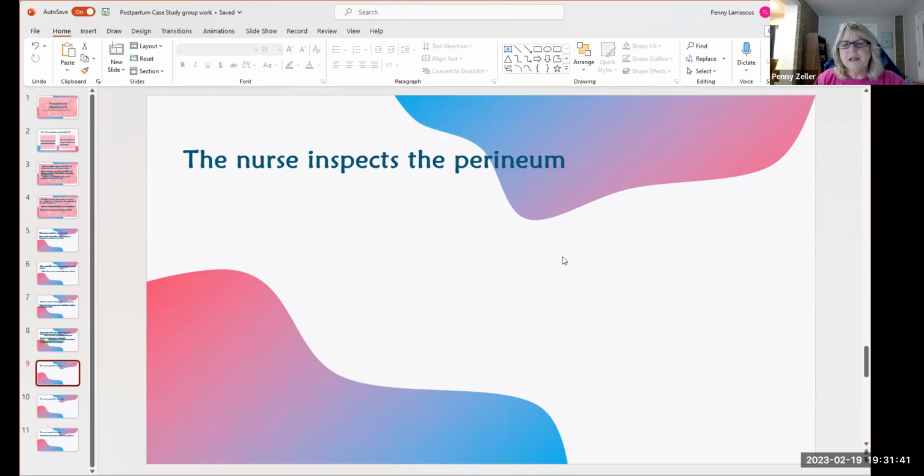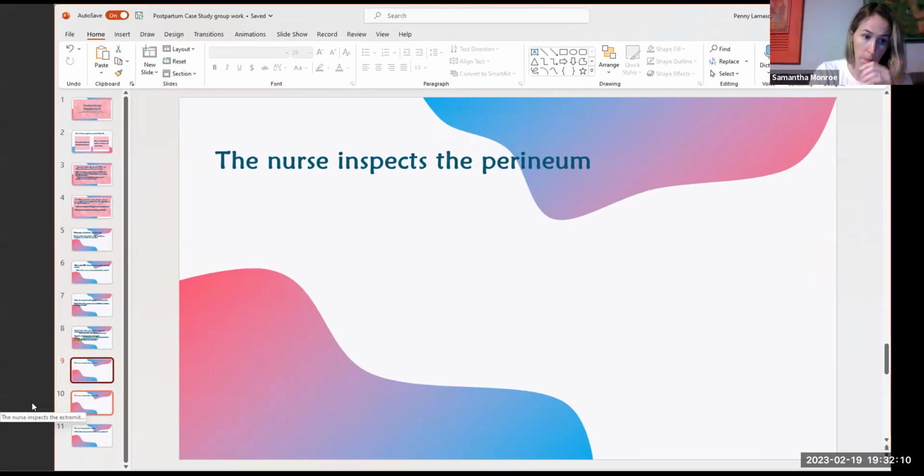Would you see bleeding from a hematoma? No, because it's collecting underneath. Yeah, it's in the subcutaneous, deeper layers of the tissue. So you're just going to notice swelling, and it's painful, and probably discoloration. What would you do if you saw a hematoma? Call the provider. Yeah, not much you can do with it. You can apply some ice just to give the client some comfort.